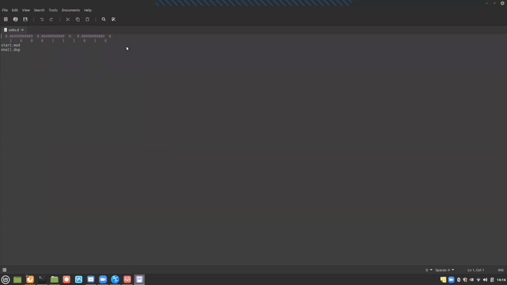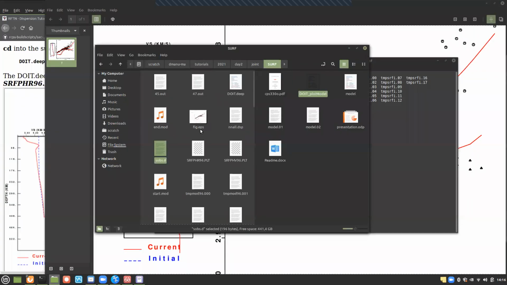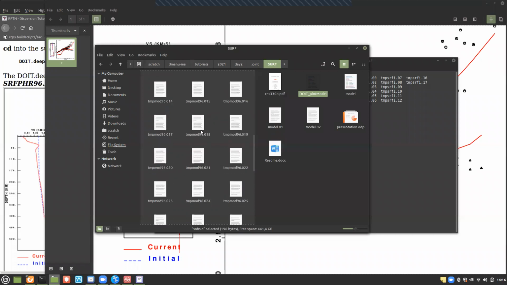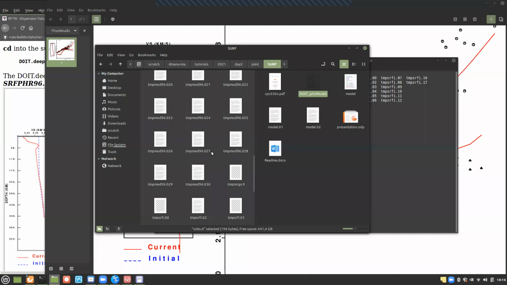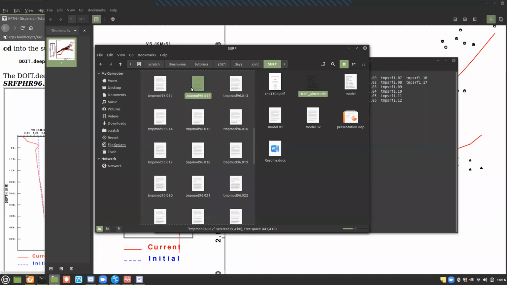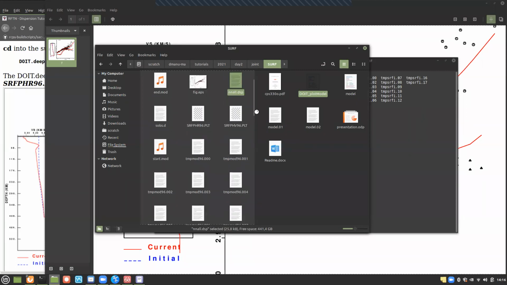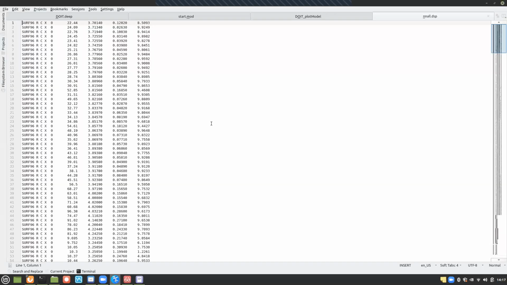This gives you the starting model and the dispersion curves. So this is the name of the dispersion curve folder. I wanted to explain this to you. Okay, good. So once we get the dispersion curves,